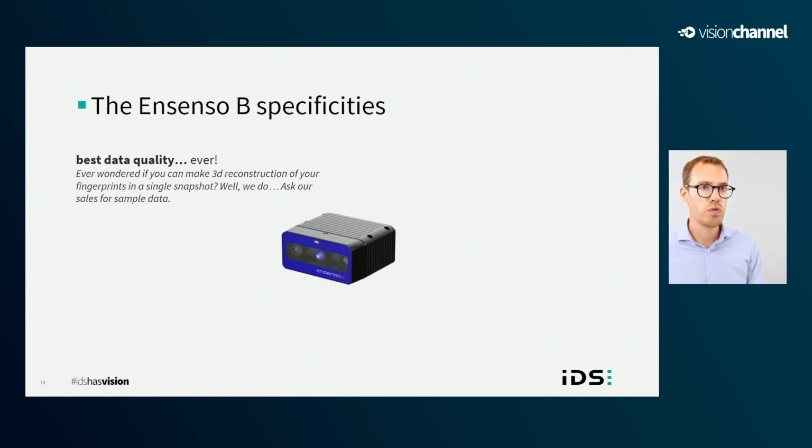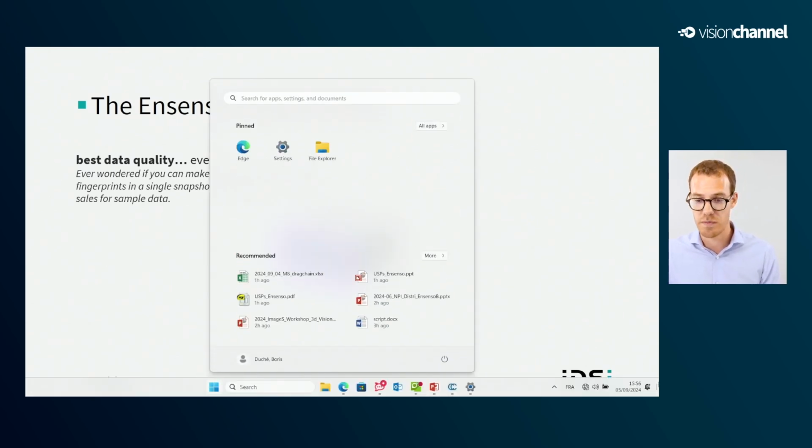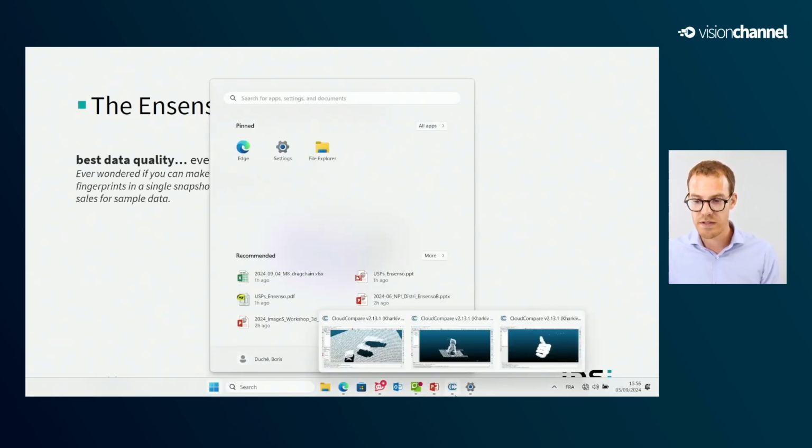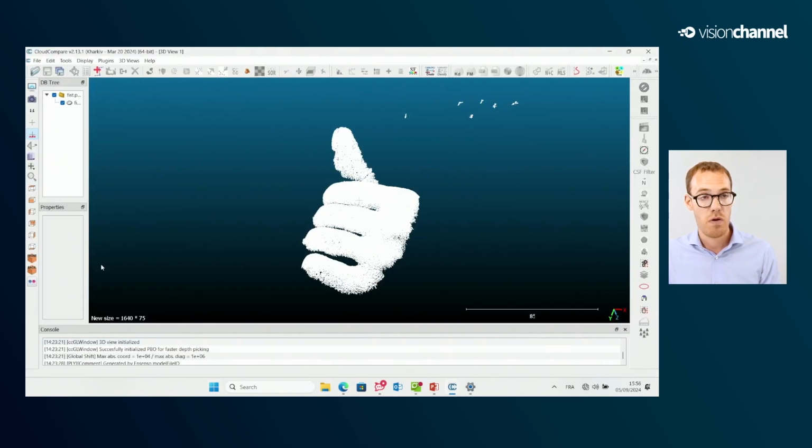I would like to show you an example of the first 3D acquisition I made with my first prototype of the Nsenso B. When I received the camera for the first time, I just put my hand in front of the camera and made a 3D acquisition. That's my hand. It covers roughly a third of the field of view of the camera, and it is 20-30 centimeters away from the camera.